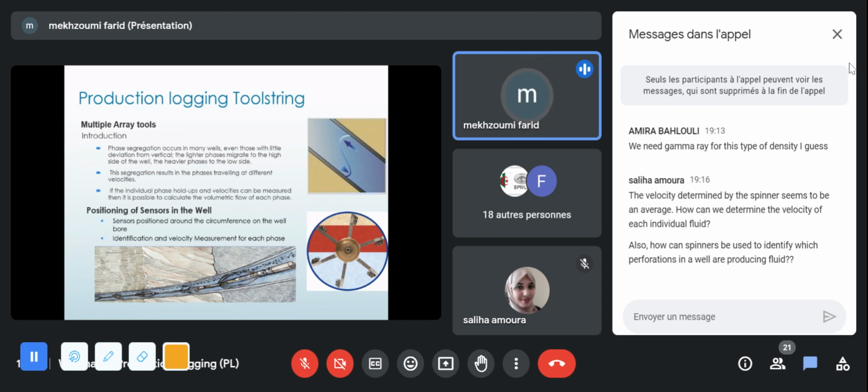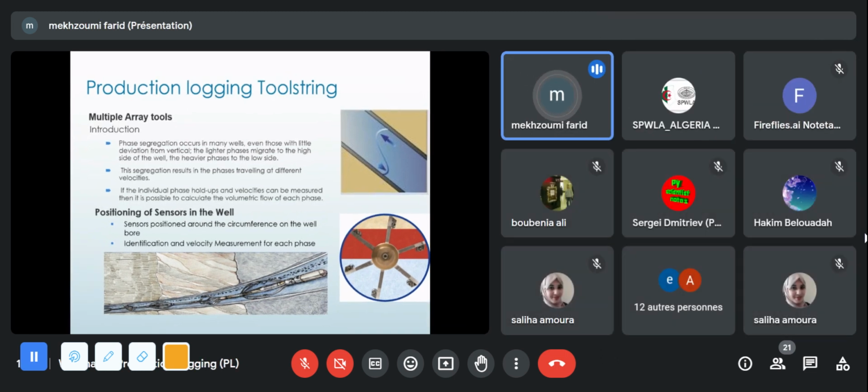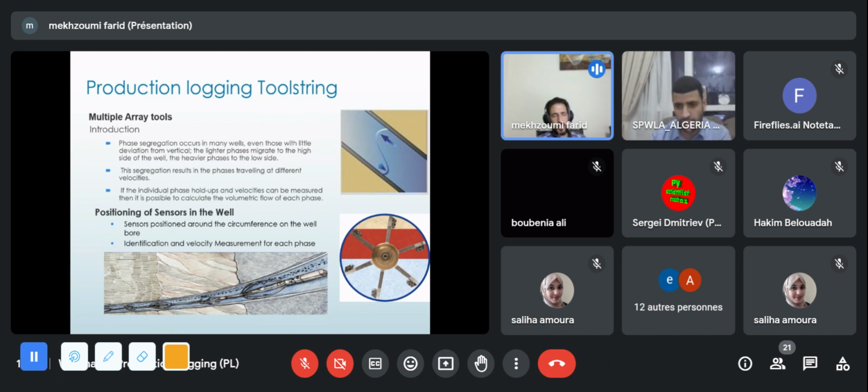You can see that CCL reacts differently, so it gives you an indication that there is something, but it's not like a corrosion tool giving more details. It gives you an indication that this is the perforation. Sometimes I detected that there is an off-depth perforation from CCL and from caliper, because they give you the perforation,